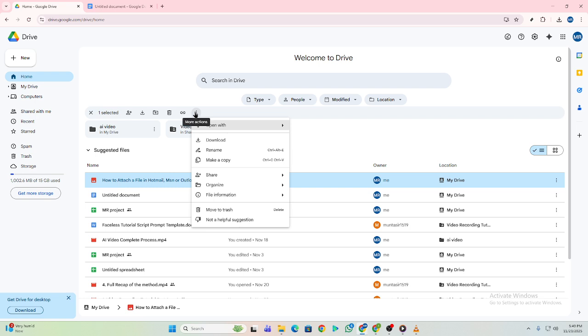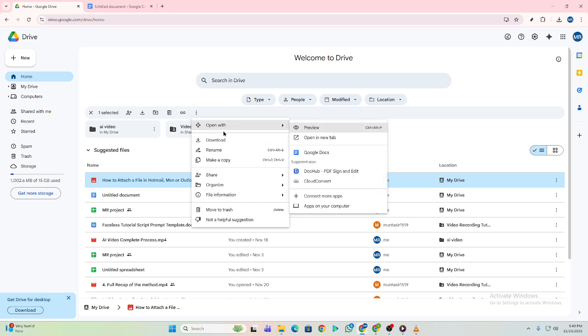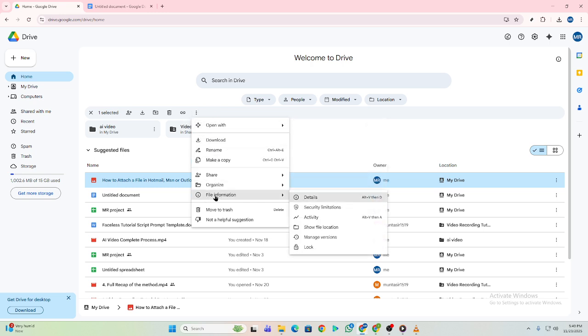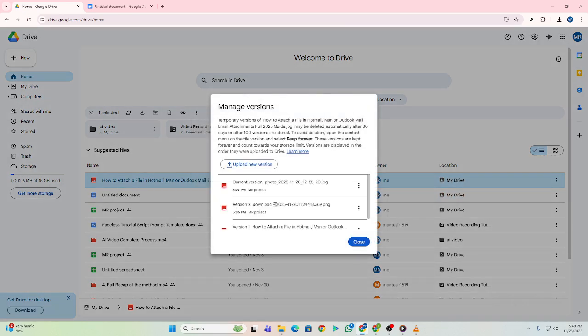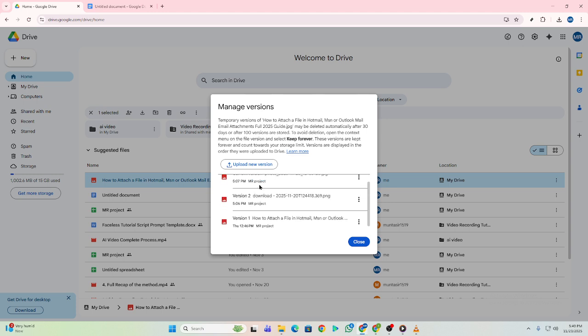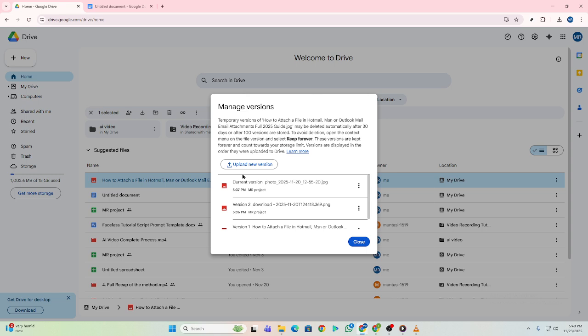When the file is selected, click on the three dots menu to bring up the extended options panel. From there, choose File Information, which lets you view more details about that specific file. Inside that panel, click on Manage Versions, so you can see all stored versions of the file along with the options for updating them. Next, select Upload New Version here